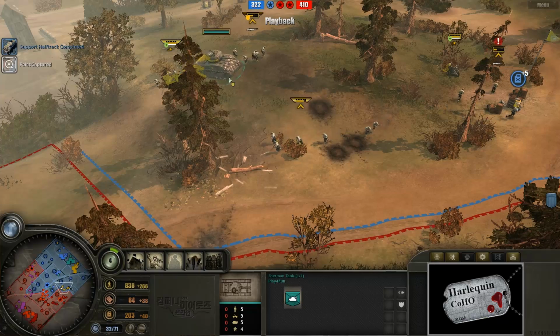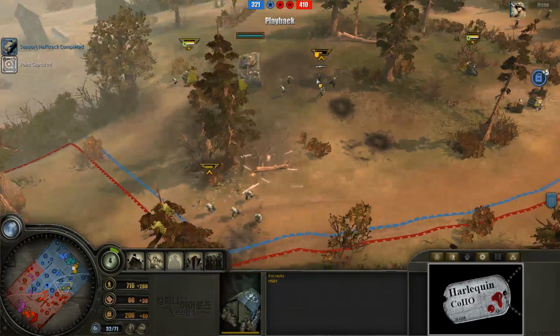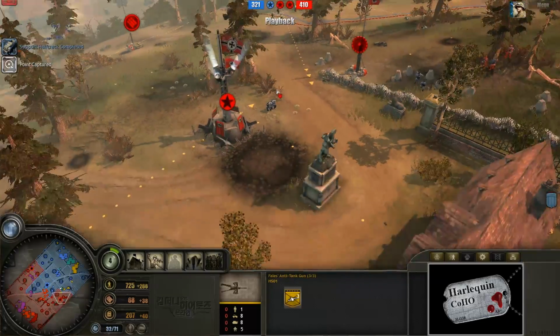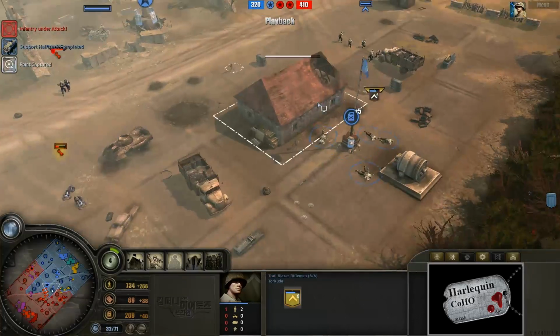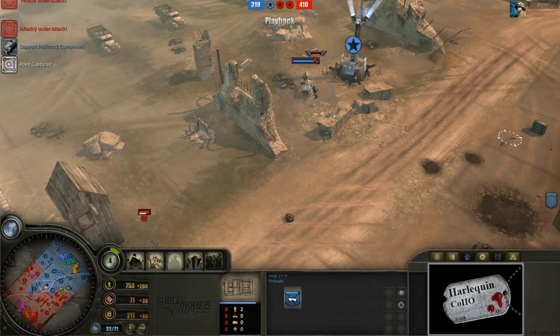So Sherman tank once again out for play for fun. He's going to be moving right up here. We do have Fail's anti-tank gun. Man, I almost never see this used, but Fail's anti-tank gun is okay. I think it's inferior to Duffy's anti-tank gun, but no time to talk about that now because we've got fighting